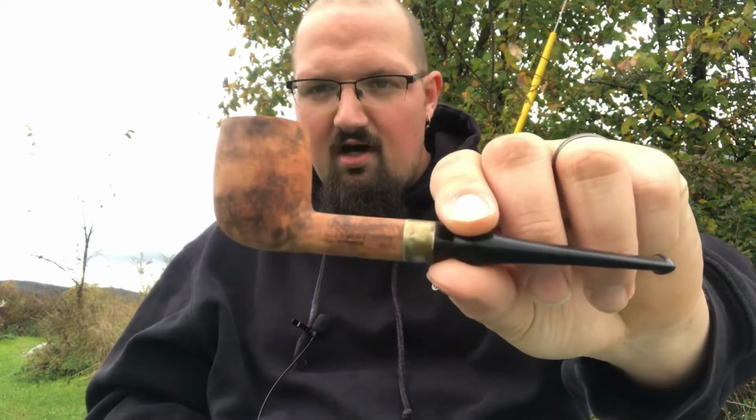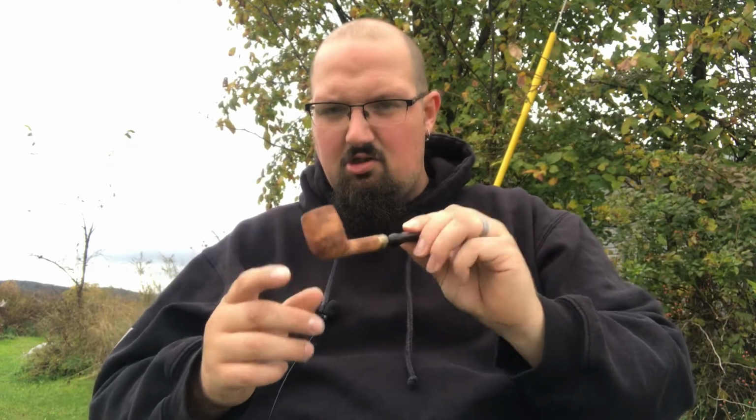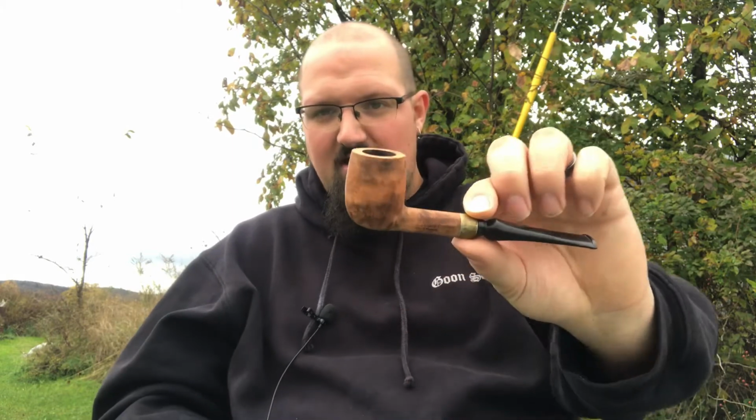But I got this little briar that I do want to finish. I want to put a coat on here to at least seal this up. I'm just not sure how to go about it. So if you could leave it in the comments, links to other videos or whatever, people who to watch that can help. I just want to seal this up because I like